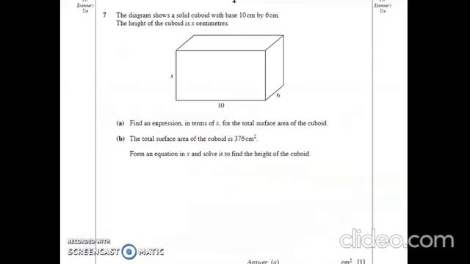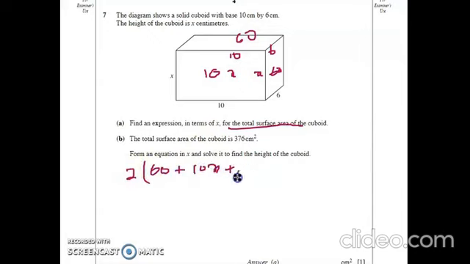All right, let's do this question. This is a cuboid, and we need to find the total surface area. So this part is 10x, the area of this part. There will be two parts for each, right? If this is x, this will also be x, this will be 6x. This is 10 and this is 6. This becomes 60. So this will be 2 times 60 plus 10x plus 6x. This is 120 plus 32x. So this is basically the expression for the total surface area.